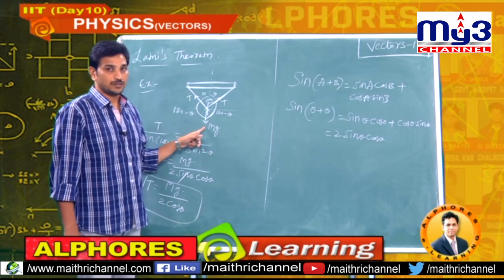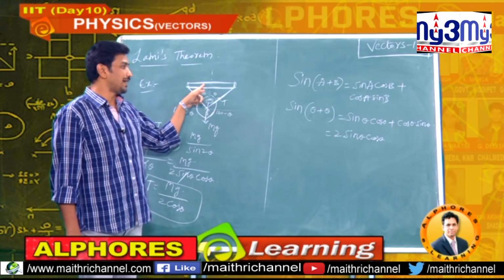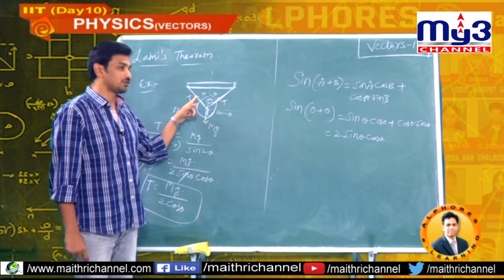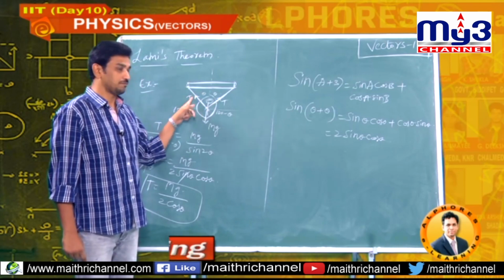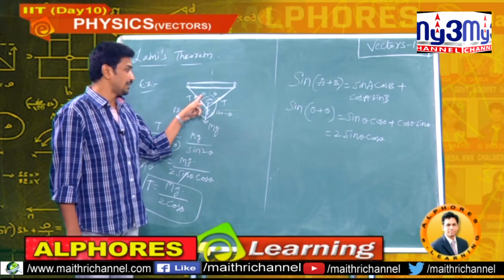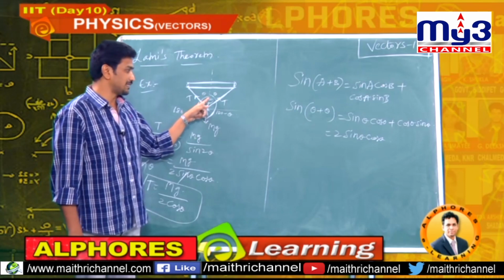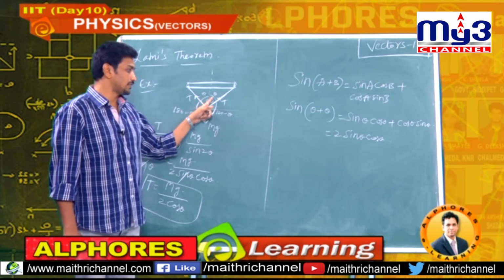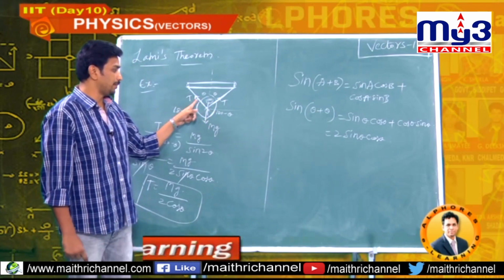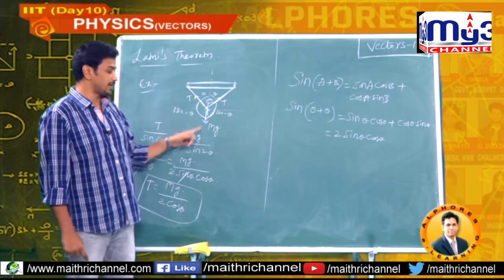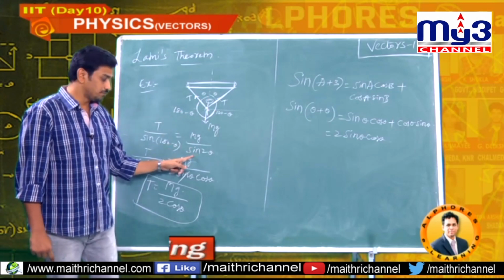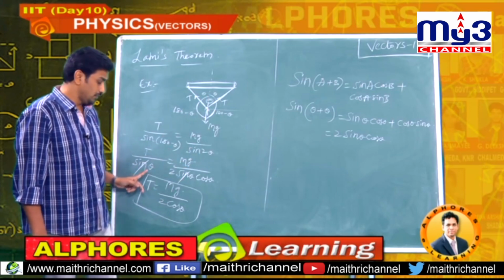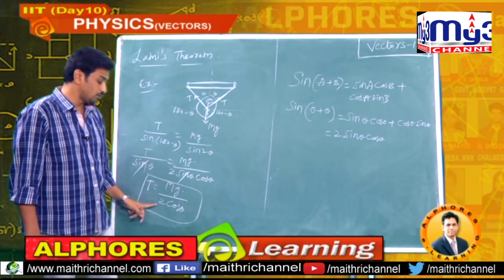What I did here: the boy is playing by hanging on the horizontal branch of the tree. Left hand, right hand both are of the same kind of materials, so tension is the same. Weight of the boy is mg. Let this angle be theta. Bisecting line, theta, theta. Now this is theta, this is 180 minus theta, this is theta, this is also 180 minus theta. T by sine of opposite angle, mg by sine of opposite angle. Sine 2 theta value is 2 sine theta cos theta. Sine theta cancelled out on left side and right side. The final answer I got is T equal to mg by 2 cos theta.